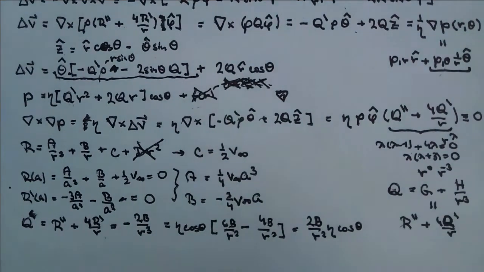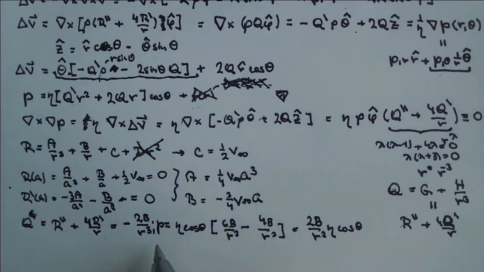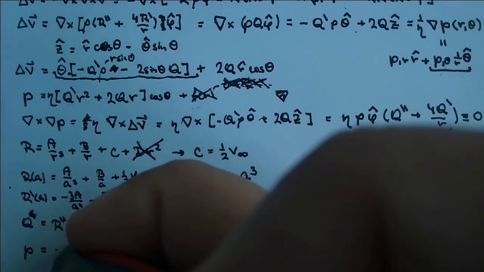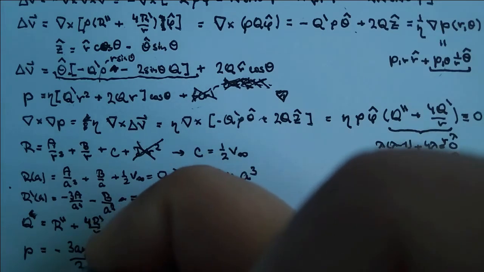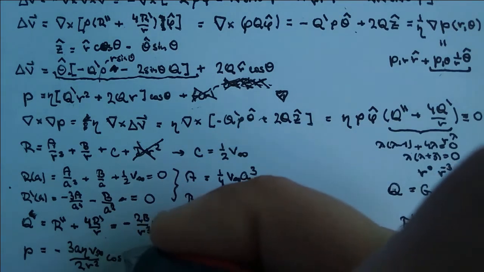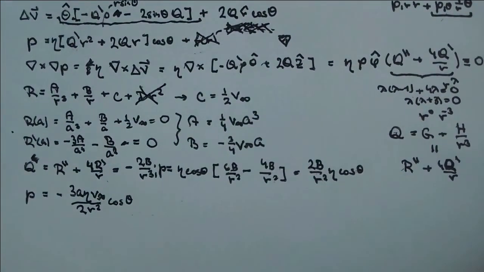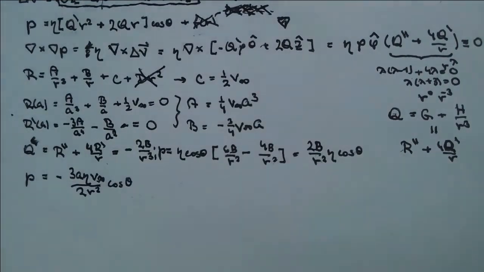can be simplified. Oh, this is actually the pressure. Pressure is this, and this can be simplified because we already know what b is. B is over there, so the pressure must be this v minus 3a. If we substitute in, that's very easy. 2 times r squared cosine of theta. That's all. Now we are ready to compute the very first term in the Stokes-Drag formula, and it's going to